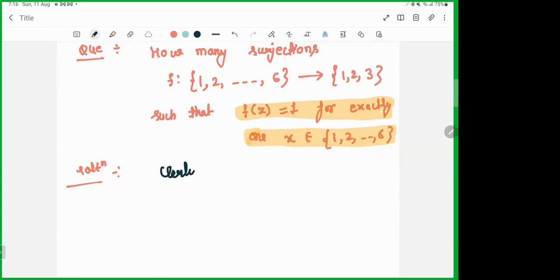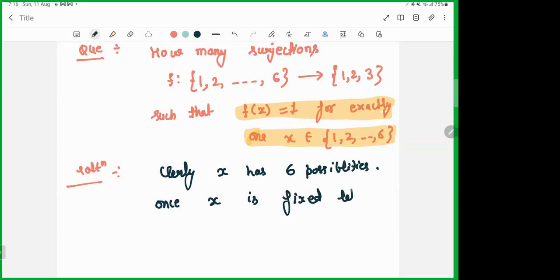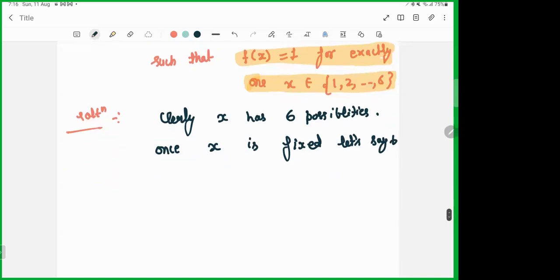Clearly, x has 6 possibilities. Once x is fixed, let's say 6, then we have